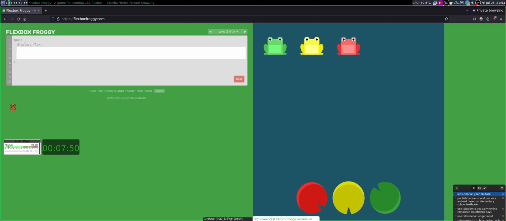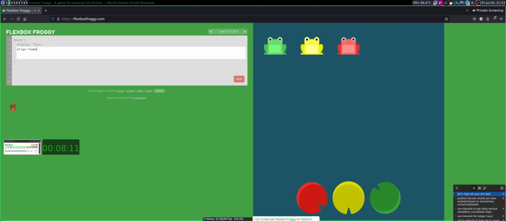Okay, let's move it to the bottom first because this is a row, right? The content is appearing horizontally, but I just need to move it to the bottom. So align first.